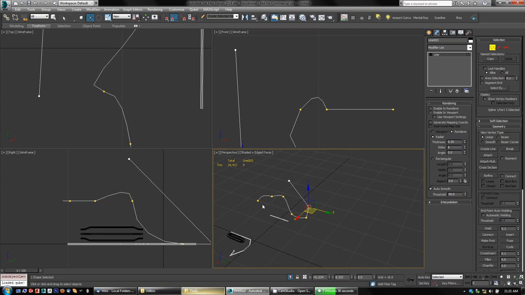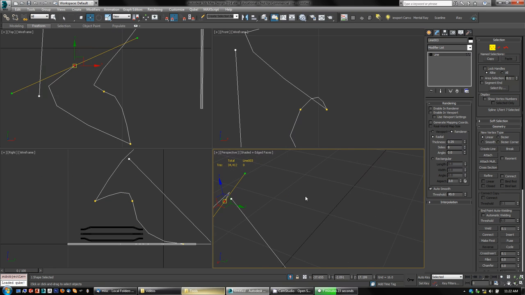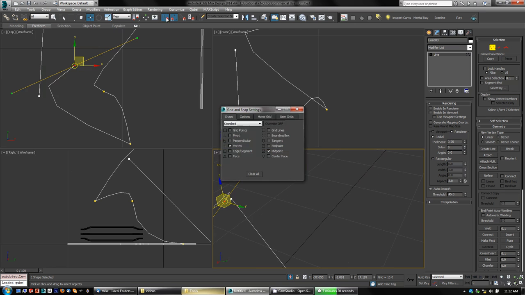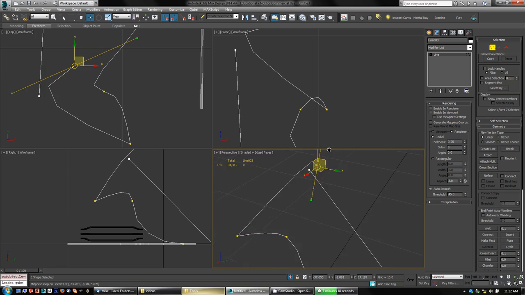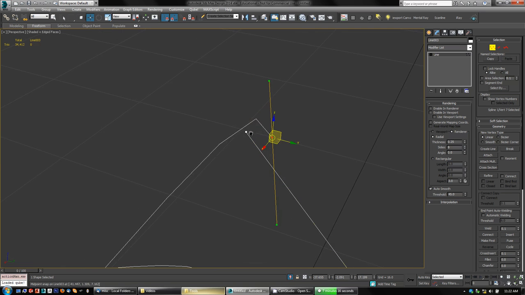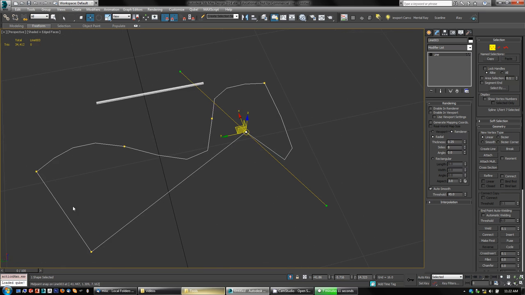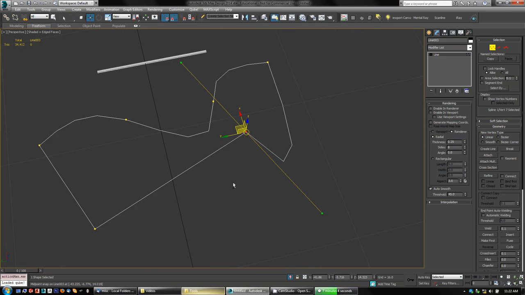If you need to weld verts together, most of the time I end up just going to vertex snap mode, so let's turn that on, make sure I'm in vertex snap, and let's grab that and snap it to that one. You can have closed loops only. You cannot make T welds or Y welds on there, but it's mostly a matter of selecting them both and seeing that, okay,